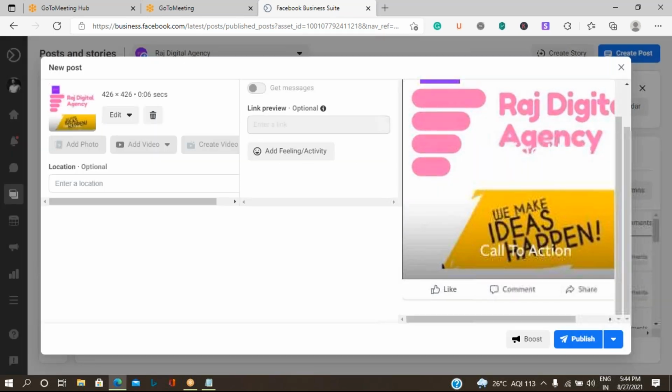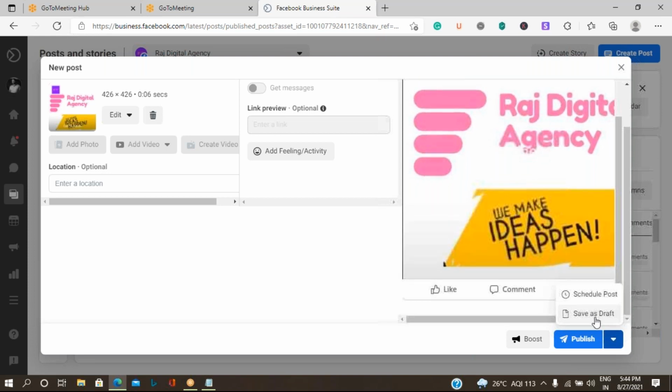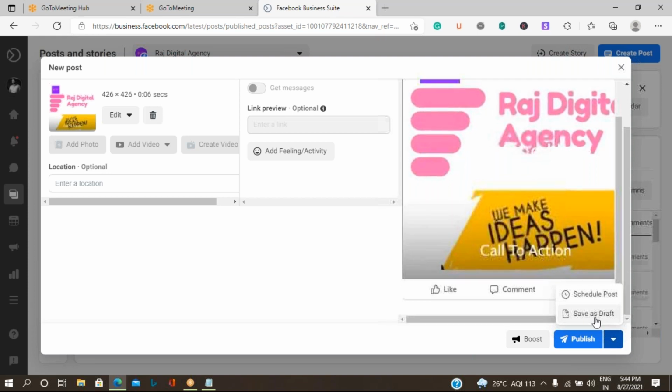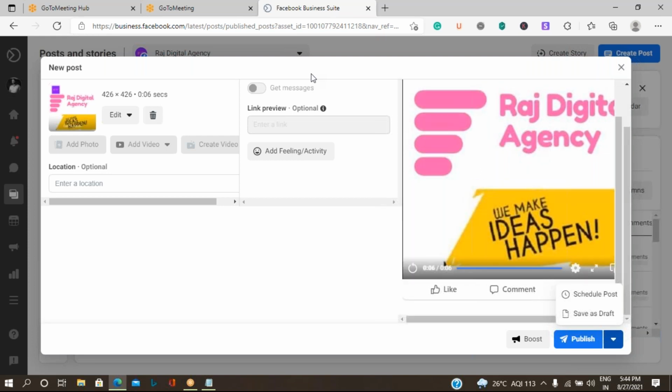In case you feel this is incomplete, and as of now you want to add some more information, then you can click on save as draft. Okay, so you can click on this option and save it. You can see in the post and stories report or publishing tools report, there you have a separate category of saved posts or drafted posts. So you can go back over there, enter the required data, complete it and click on publish post.